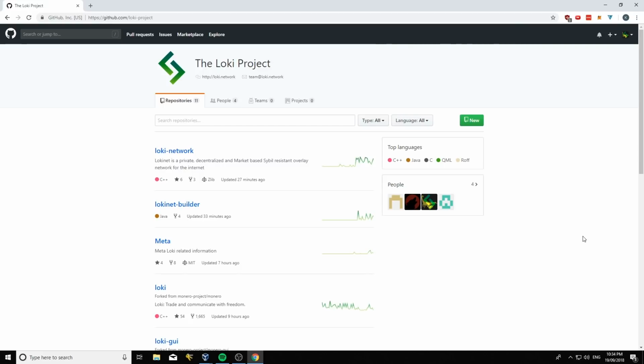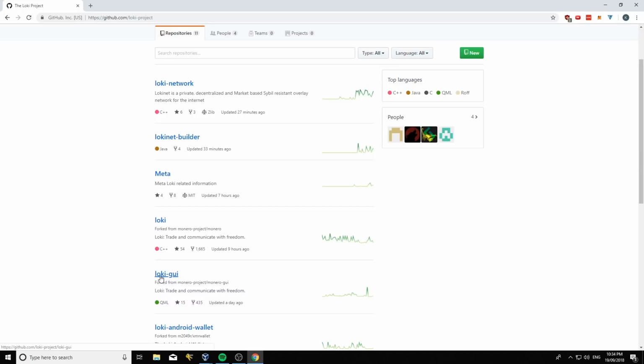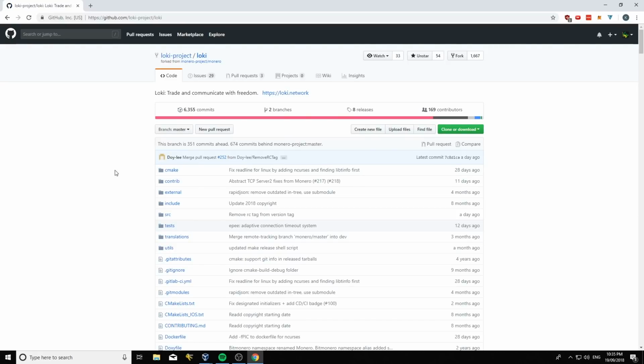So where do you actually get the command line wallet? If you go onto the Loki project GitHub, you'll see that we have a bunch of links here. You'll see the Loki GUI here, but you'll also see just the normal Loki repository. The normal repository for Loki has the CLI wallet in it, and the Loki GUI has the GUI in it. Basically, if you want to download the CLI, you go to the Loki repository,